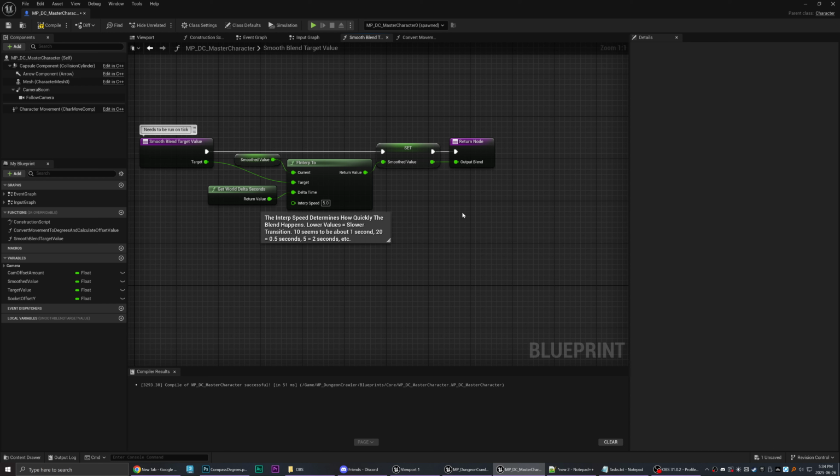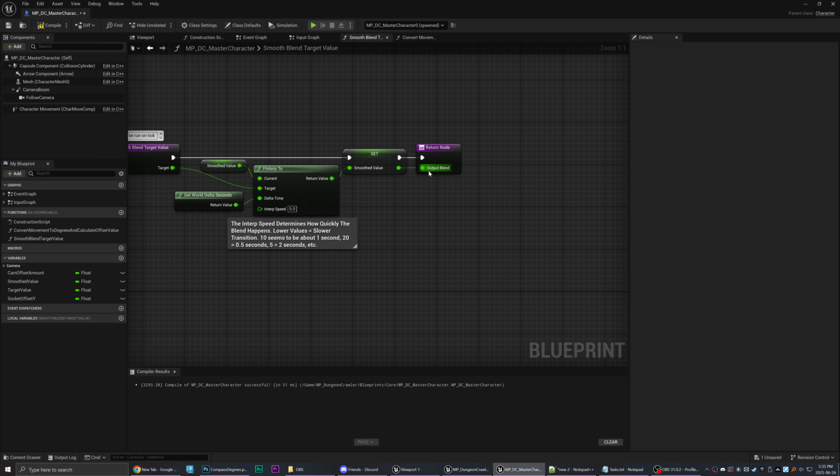And if I let go of D and I stop, the value will blend back to 0. So over, basically 2 seconds. And then we take that value and we give another output. And this time I just called it output blend because it lets me know that this is the blended value that I've blended through an interpolation.